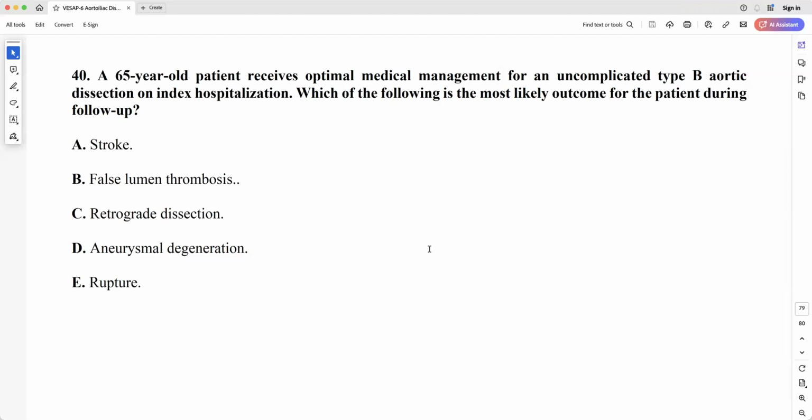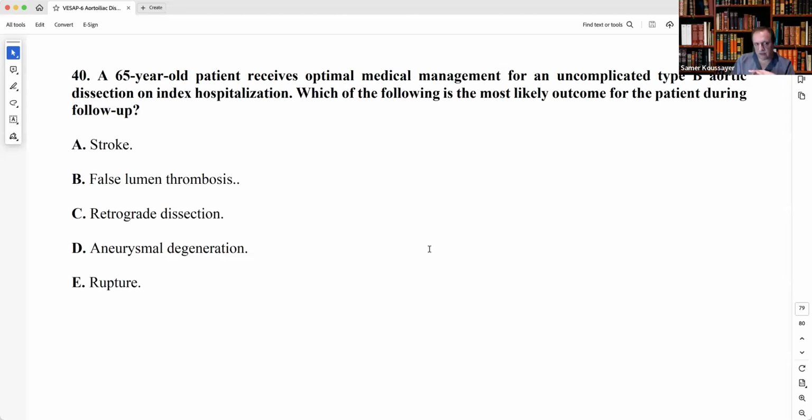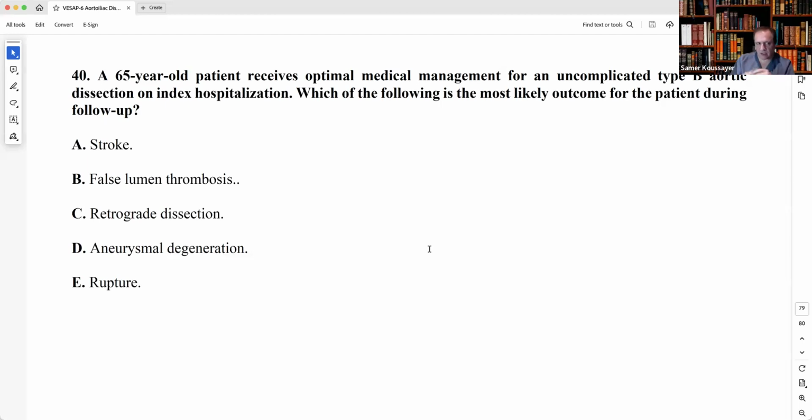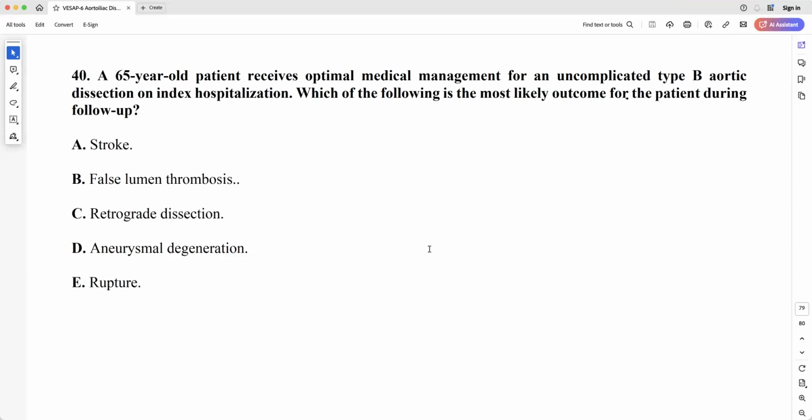Let's go through them. Stroke. Yes, stroke. But next, false lumen thrombosis. They said the most common. All could happen. Yes, you can get false lumen thrombosis, but what is the most likely outcome? They want the outcome. If you follow up these patients, this is the reason why we have